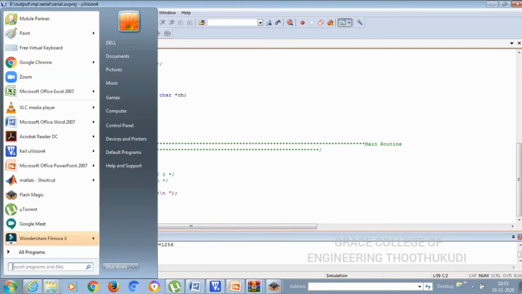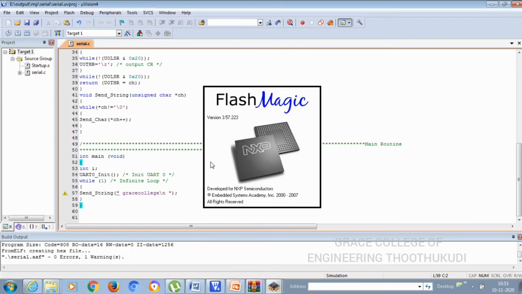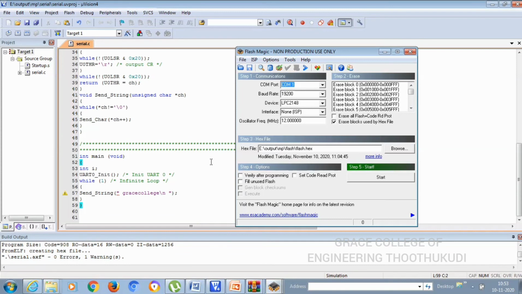Then you have to open Flash Magic software, and through this software we can download the program into the kit. In serial communication there is only one program. You have to just compile this program and the .hex file will be created, and you have to download it using Flash Magic software.